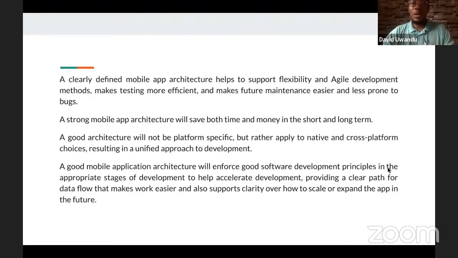A clearly defined mobile app architecture helps to support flexibility and agile development methods. It makes testing more efficient and makes feature maintenance easy and less prone to bugs. It will also save you time and save you money in the short and long term. And a good architecture will not be platform specific, but rather apply to native and cross-platform choices, resulting in a